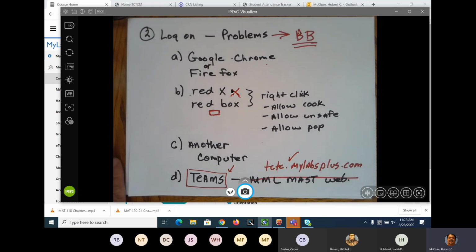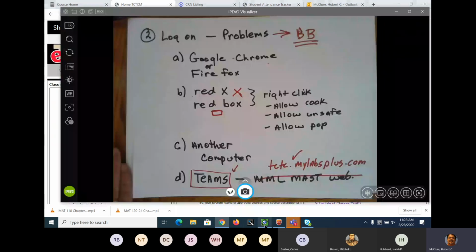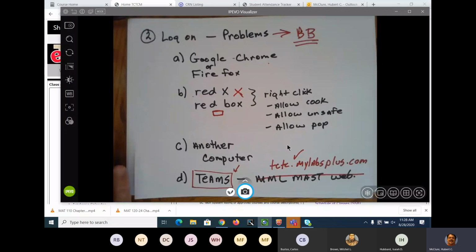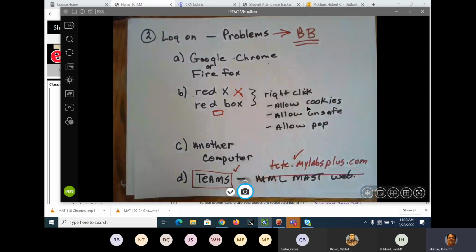If, for instance, you do get in and you see a red X or a red box in the address line, like right in here, then you need to do this. Right-click on the red box or the red X and make sure you allow cookies, make sure you allow unsafe scripts, make sure you allow pop-ups. Now, a lot of people think pop-ups, you automatically think of advertisement. That's not